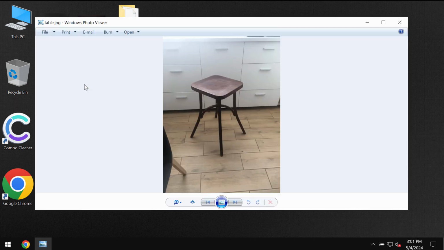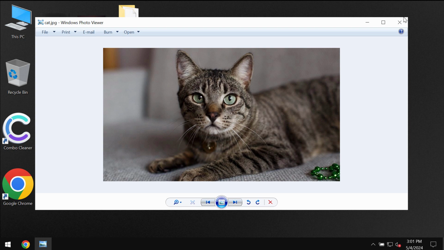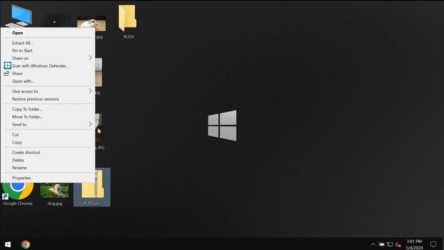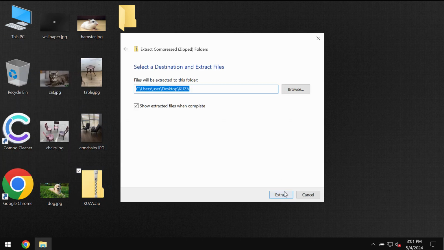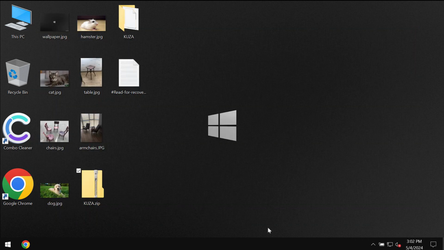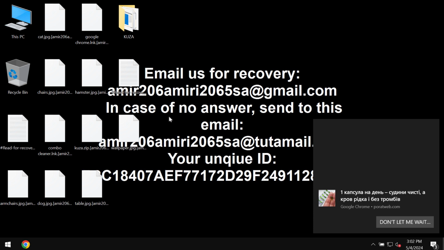Before the ransomware's attack, you're able to open the files without trouble: pictures, music, Microsoft Office documents, and other data. Unfortunately, because of some leaks and vulnerabilities in the system, this particular KUZA ransomware may be very easily injected into the computer. As you see, almost immediately after the injection, it